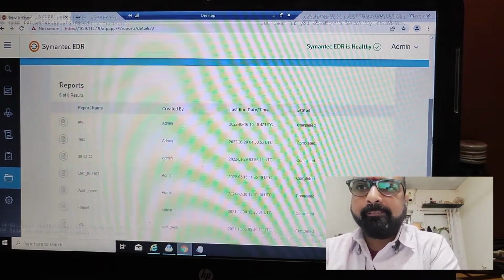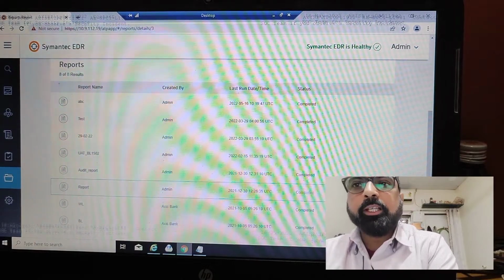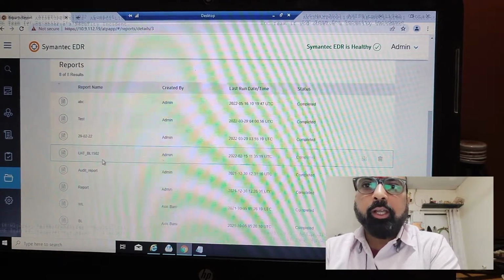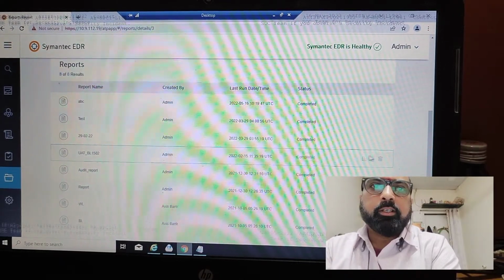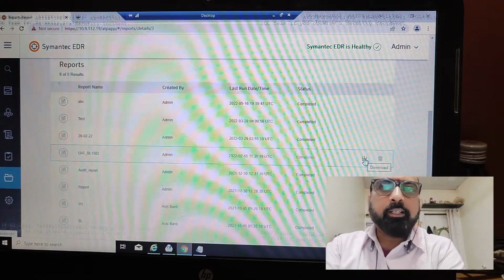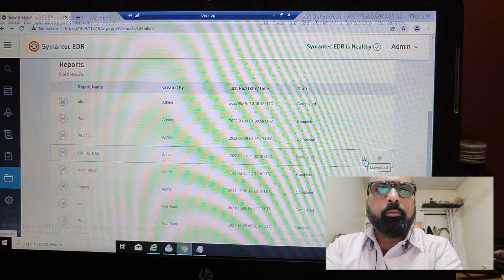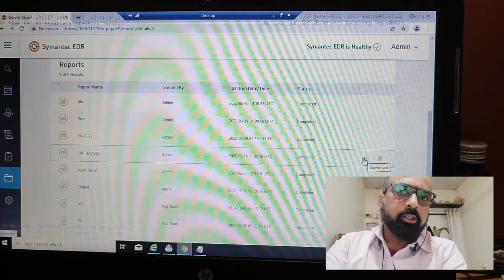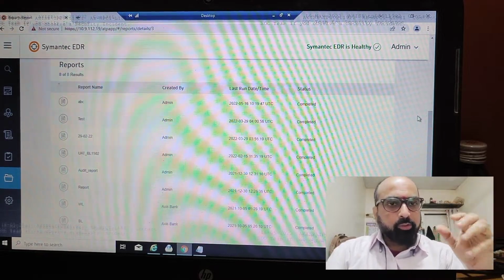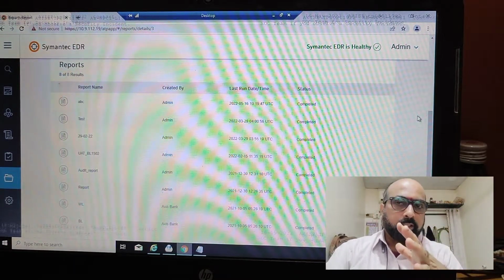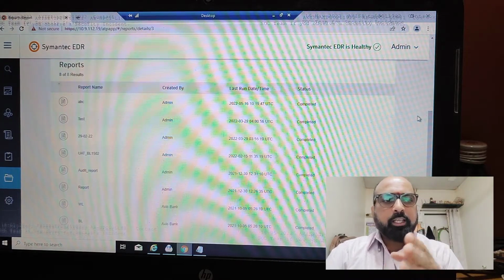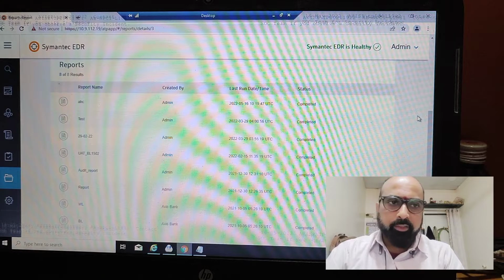This is a report feature example. This is a blacklist which we previously exported. These blacklisted values are already available. We can download these values and see how many hash values are configured in our blacklisted policy or whitelisted policy. So you can take action as requested from the management.